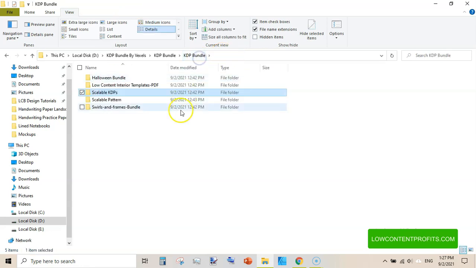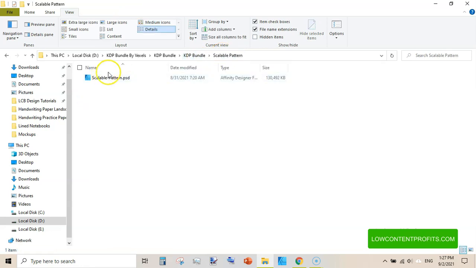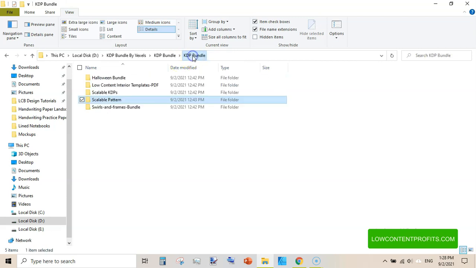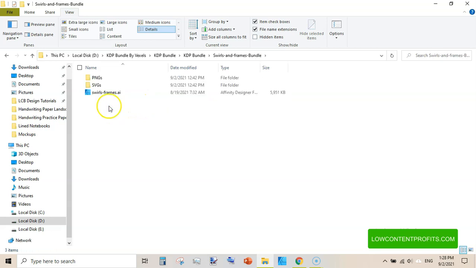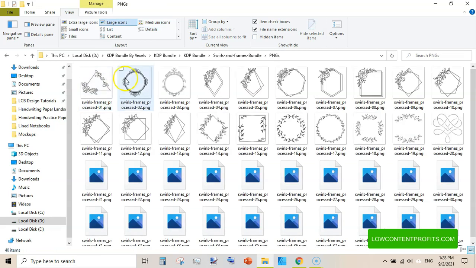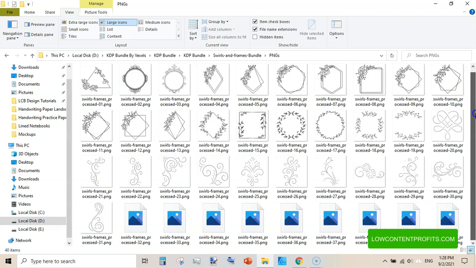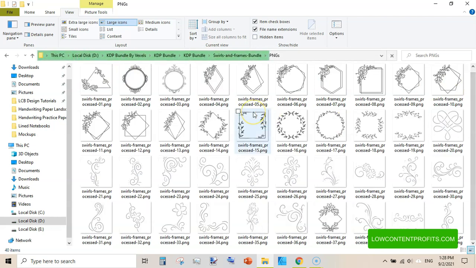So next in the bundle is scalable pattern. This is the PSD. You can edit this PSD inside any design software like Photoshop or Affinity Photo or Affinity Designer or Inkscape. This is the swirl bundle. It also includes PNGs, these kinds of PNGs, and you can use these to create the first pages of your books, or any frames and swirls are here.